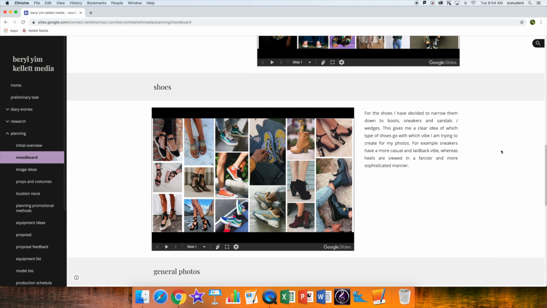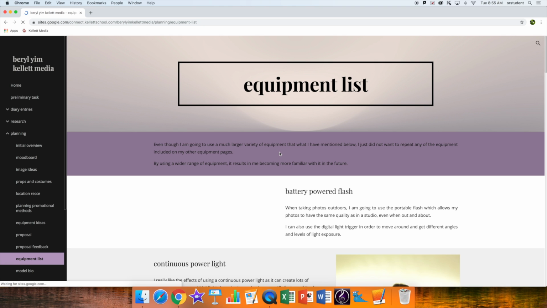And it's quite specific. So for shoes, she's narrowed them down to boots, sneakers, and sandals. And it shows those types of shoes here. So very specific. And then for her equipment list,